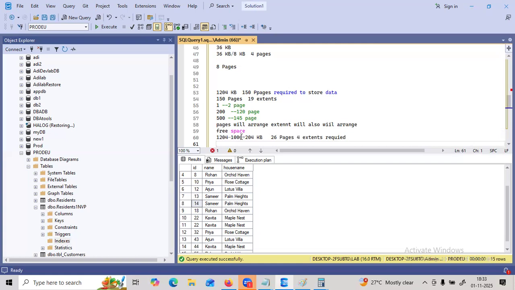When we go for the shrink operation, what will happen? The pages will be rearranged. Then 204 KB required 26 pages, which means it required 4 extents. Now, when we search with a SQL query, what will it do? Previously my data